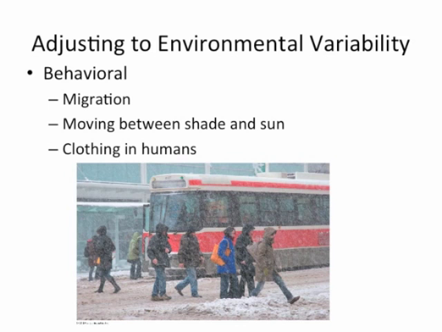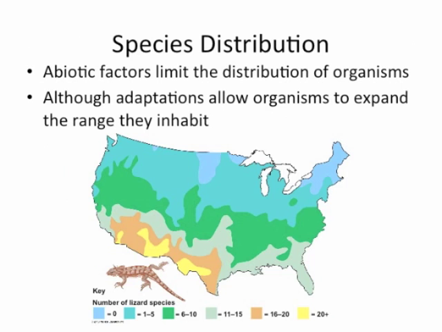Okay. So to summarize, species distribution is limited based on abiotic factors such as temperature and rainfall. So this will limit the distribution of organisms, although adaptations can allow organisms to expand the range that they inhabit, but only slightly. So you can live a little bit outside of your range. So this is a graph of number of lizard species, and you look at that in